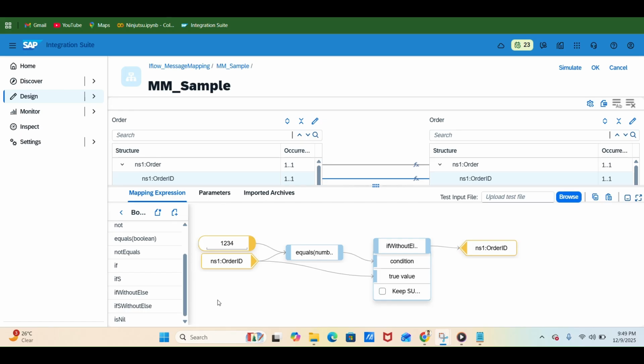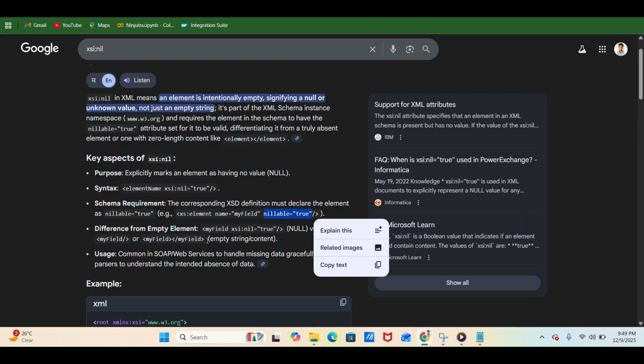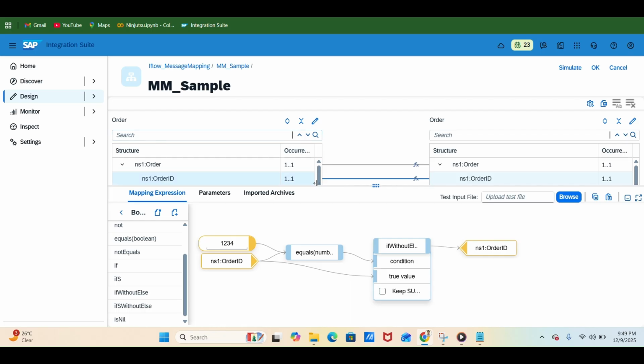Okay. So if we go and check it in Google, you can see its syntax. First, we have this element name, and then we have to provide XSI nil equals to true here, and we need to close the element. Okay. So in our case, we don't have any XSI nil. Okay. So it should give us a false value. So if we test it,